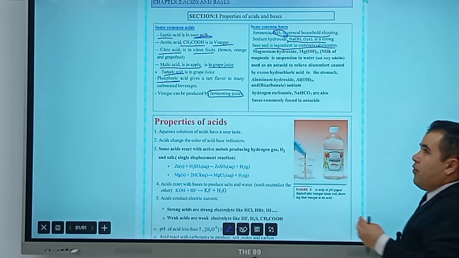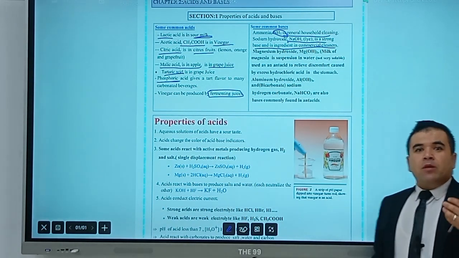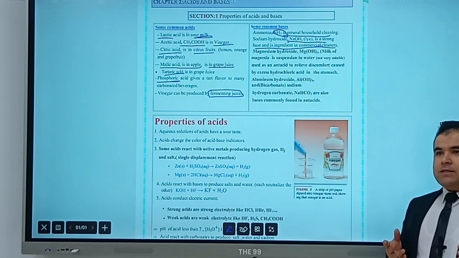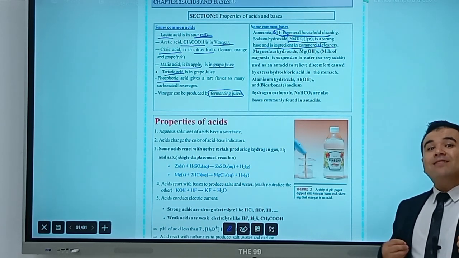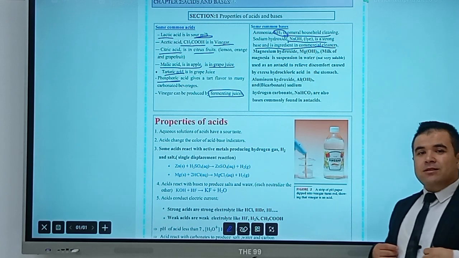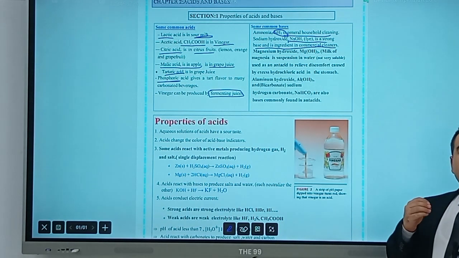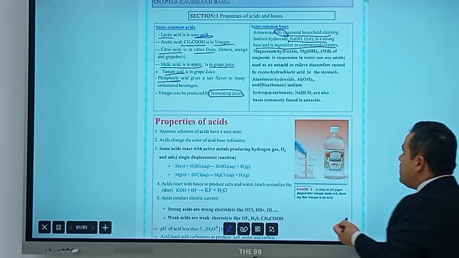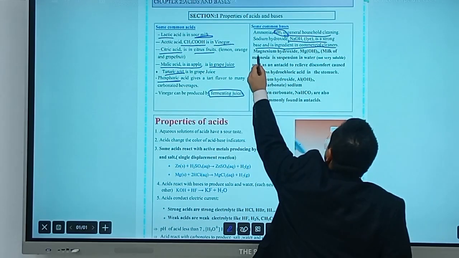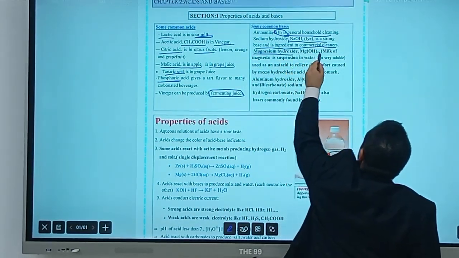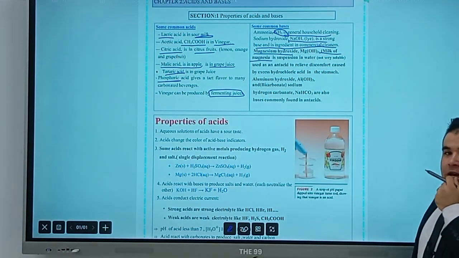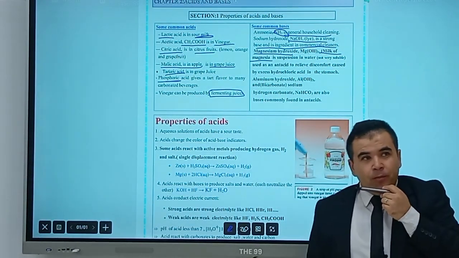We have three other common bases, guys, which we call antacids. They act to reduce the acidity in the medium. The first one is magnesium hydroxide, which we call milk of magnesia. Magnesium hydroxide, Mg(OH)2,